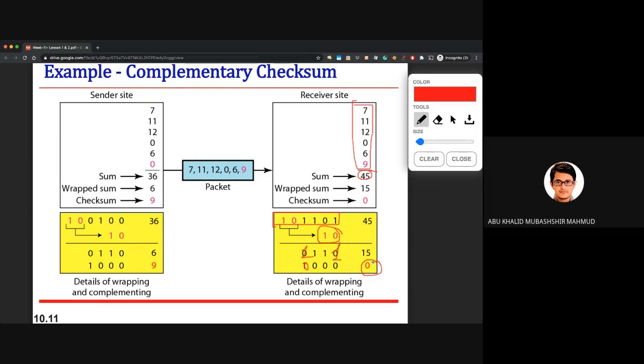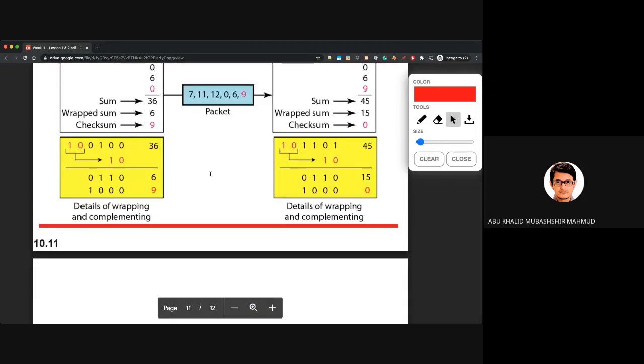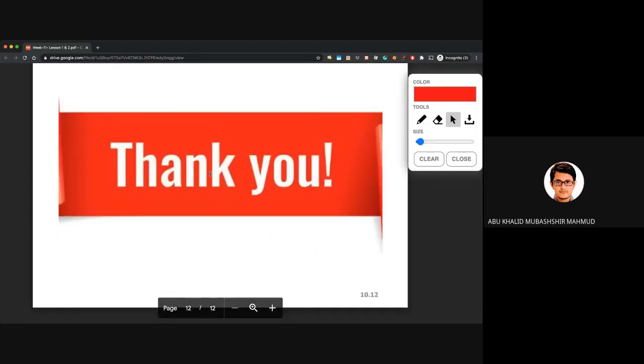So if this final checksum on the receiver side is 0, then we can assume that there is no corruption in the message or the data, and we can easily extract the data portion and use it for the receiver. So this is the whole process. I think you get it. If you require any further explanation, please inform me when we resume the Google Meet session.